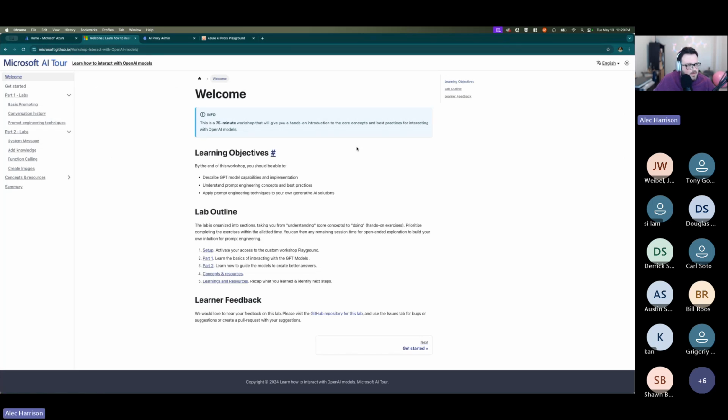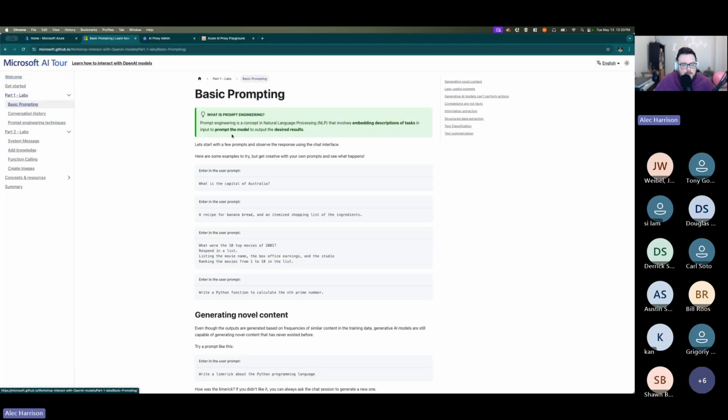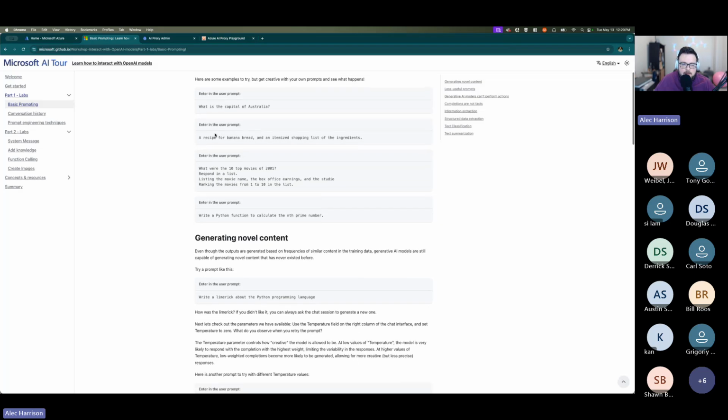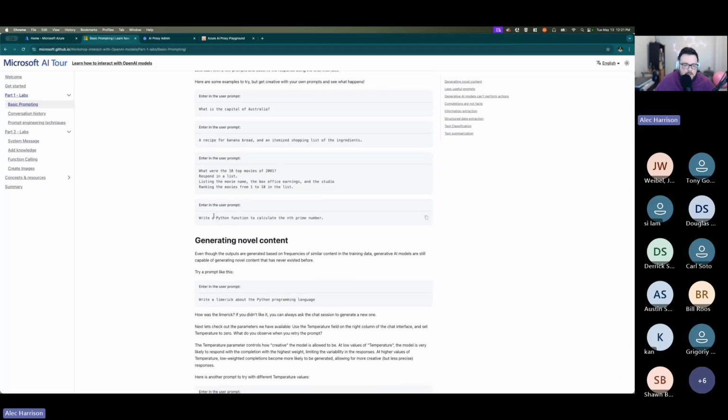Foundation, I think it's what's called. I'm blanking on the name off the top of my head. But they rebranded it to the part of the Microsoft AI Tour. This is really good for basic prompt engineering. So if you want to teach somebody how to use prompting or be better at it, if maybe you haven't practiced a ton, this is a good way to do that.